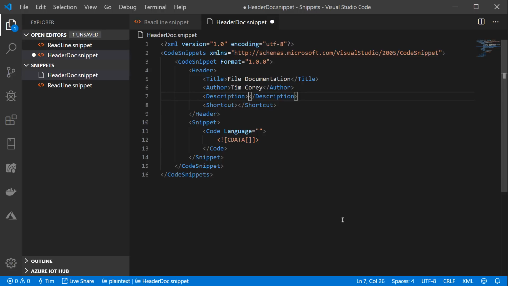So this creates a documentation header for a file. That's fine for description. Shortcut: how about docme, for document me? Language: it's actually still C#, even though it's documentation. Now let's go back and copy that